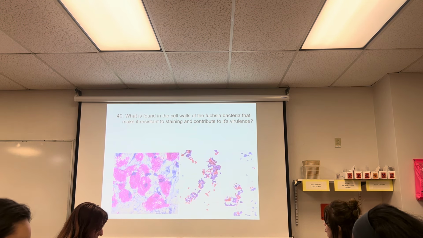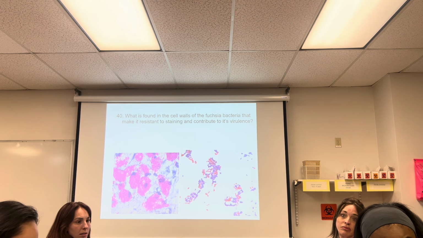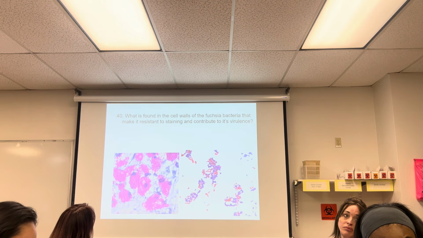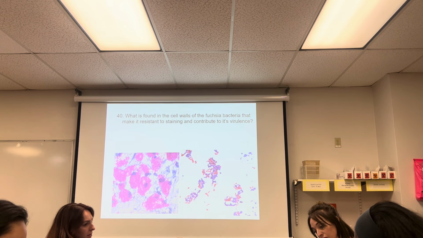It was written on the board in the other room when I came in. It started with an M, and Rachel said, "What is that? Is that part of this test?" I'm like, "No, mycolic acid." Mycolic acid. If I ask, "What is the primary stain?" you'll say what? Carbolfuchsin, or fuchsin, or basic fuchsin. If I ask, "What is the decolorizer?" you're going to say what? Acid alcohol. If I ask, "What is the counterstain?" you're going to say what? Methylene blue.